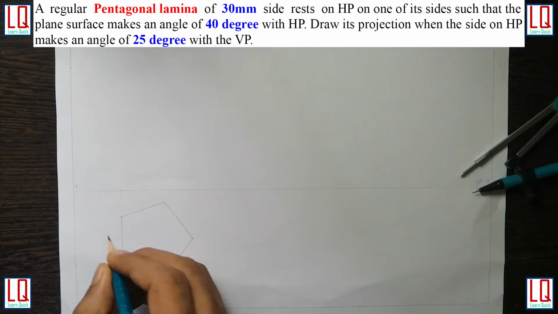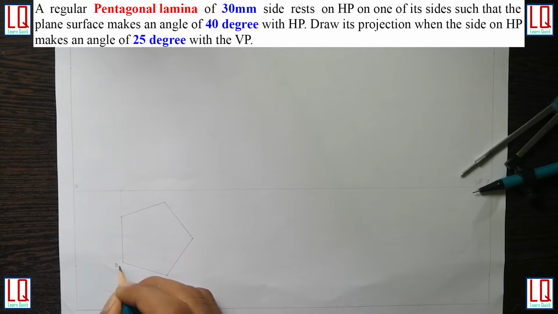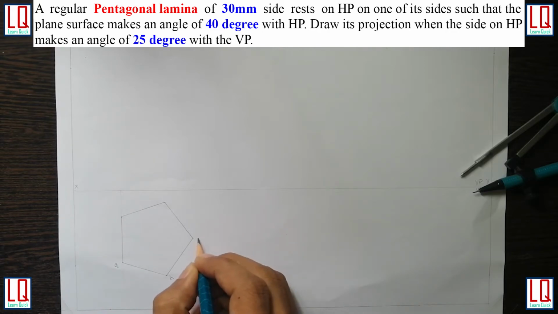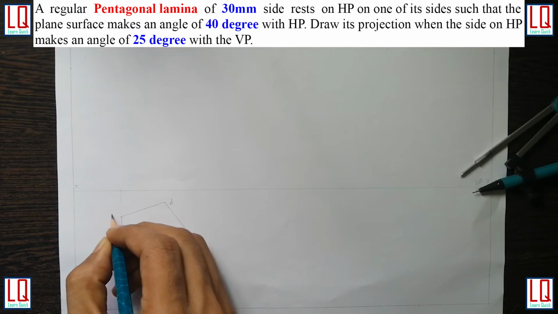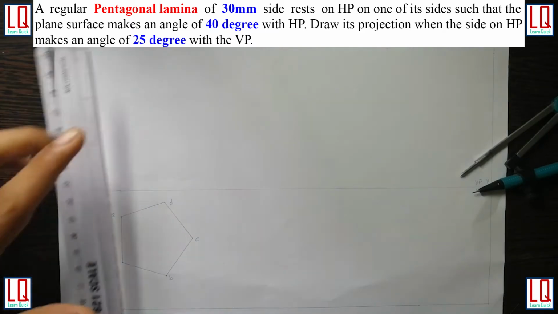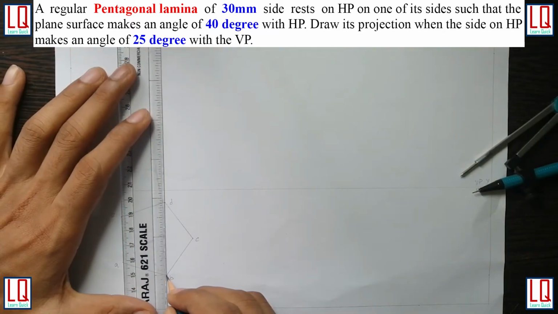Name the corners in anticlockwise direction A, B, C, D and E. Now project all corners to your front view.